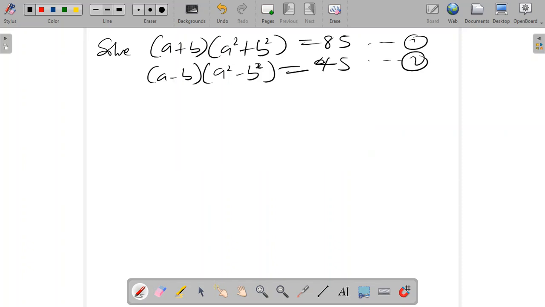This question looks very tedious, but it is very easy. Let us find the value of a and b. Like they said, we should solve (a plus b)(a squared plus b squared) is equal to 85, equation 1, and then (a minus b)(a squared minus b squared) is equal to 45,